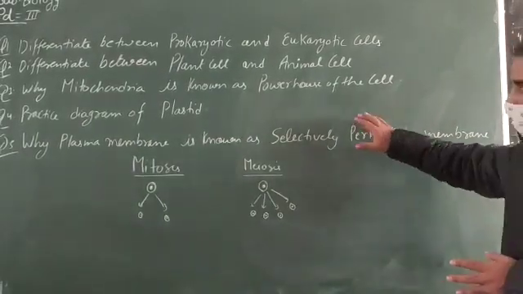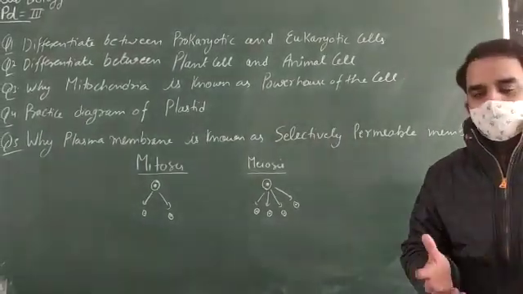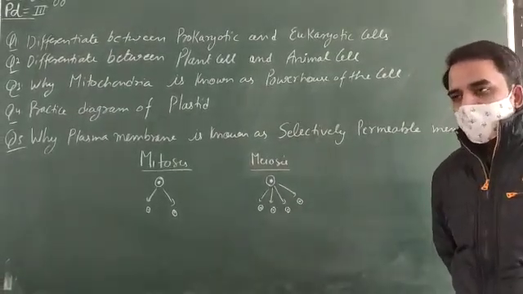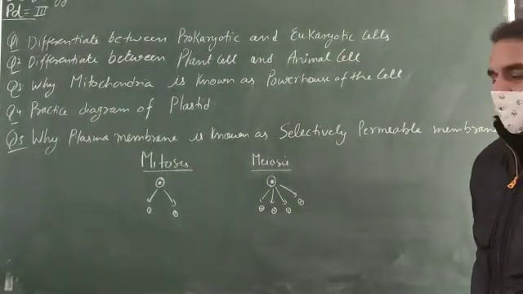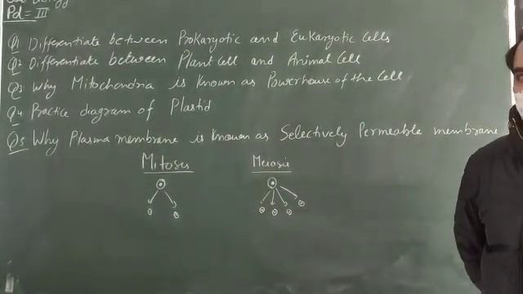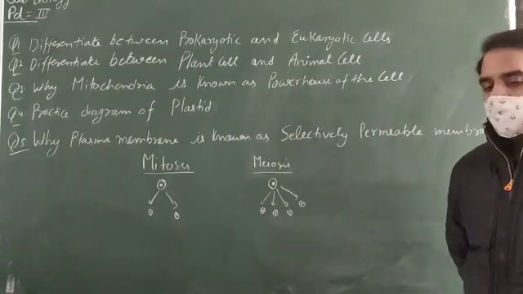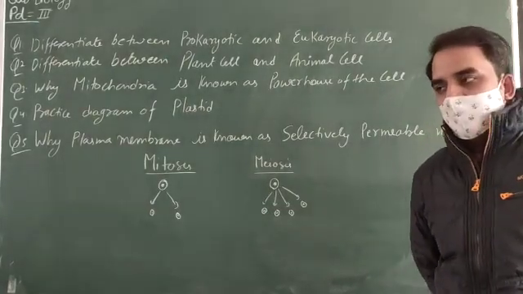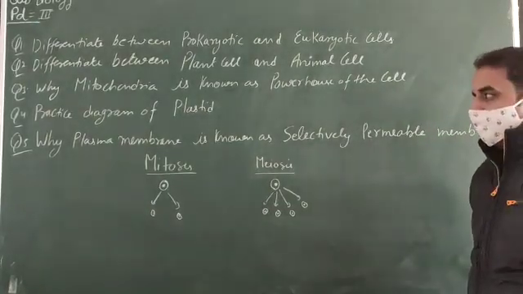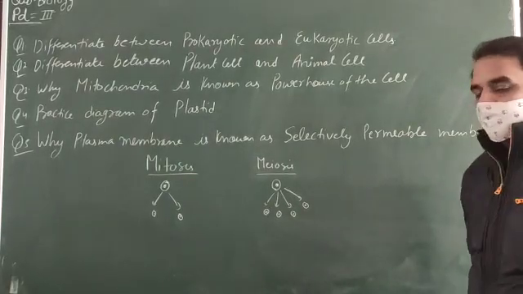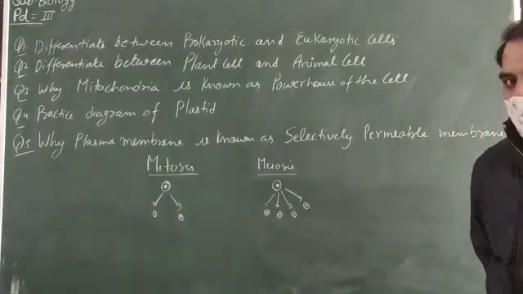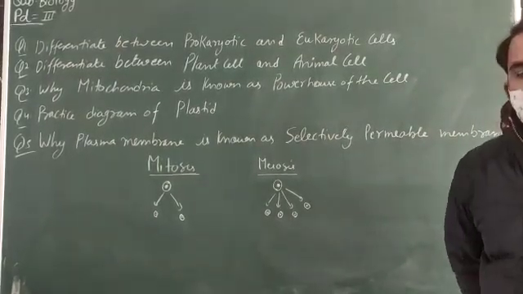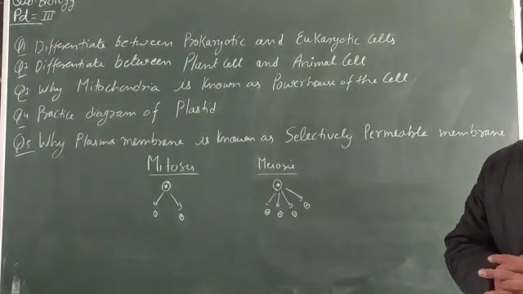So plastids and mitochondria are those cell organelles which have their own DNA and ribosomes also. So the maximum of the proteins they make by their own, and they are also not dependent on the cell for their division. But in the case of protein synthesis, they are also independent. They have their own ribosomes for the synthesis of proteins. But some of the proteins are imported into the, you can say, plastids from the cell.